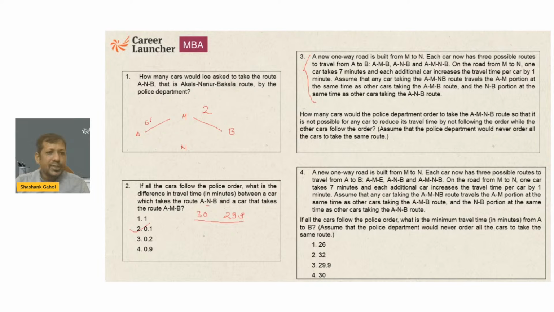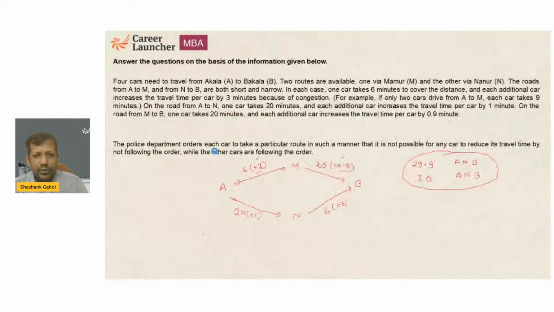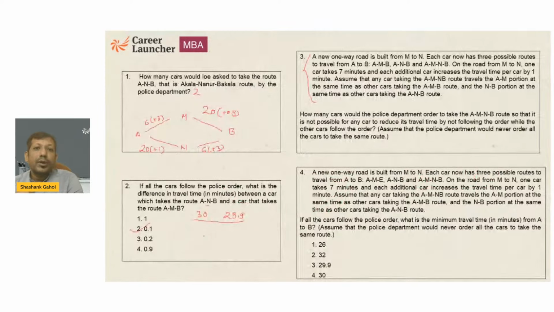This is going to be 6 and plus 3. This is, I'm going to write here, 20.9. That is going to be 20 plus 1, 6 plus 3. Okay, have I written it right? Okay. Now